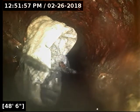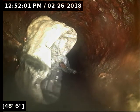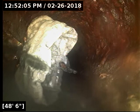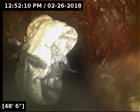At the very least, I recommend a hydrojet and then do a rescope in 1 to 2 years after moving into the home to keep an eye on it, see what it looks like at that point, as every household is different. If you're going to try and live with the belly, the biggest thing to keep in mind is